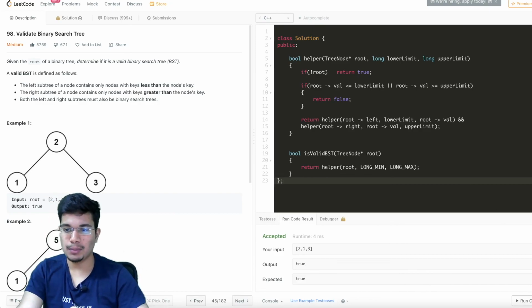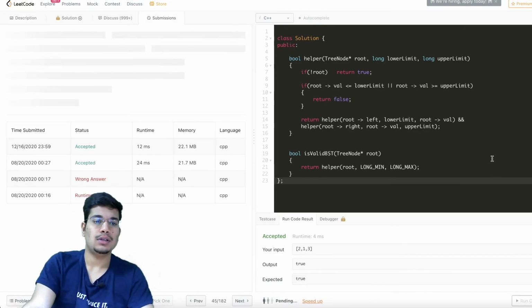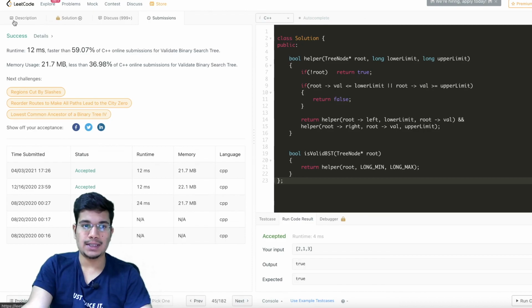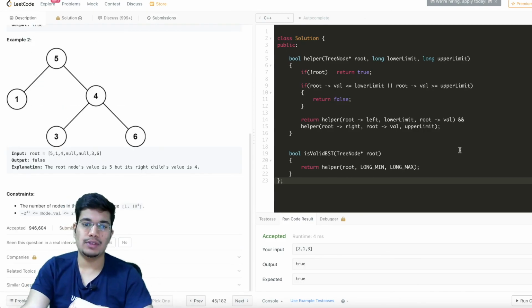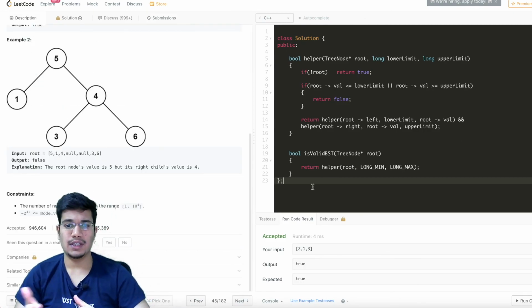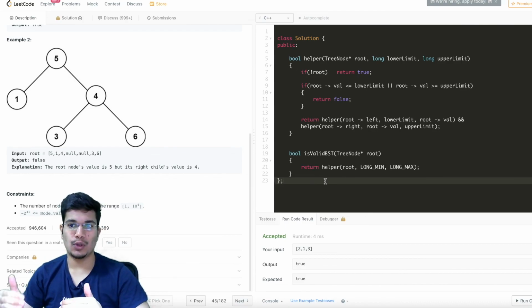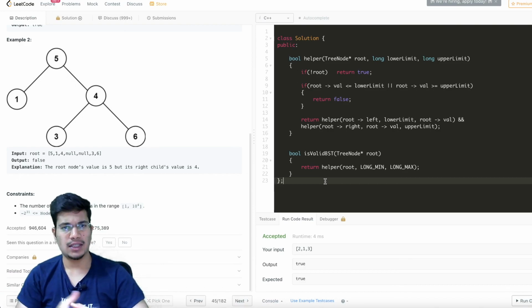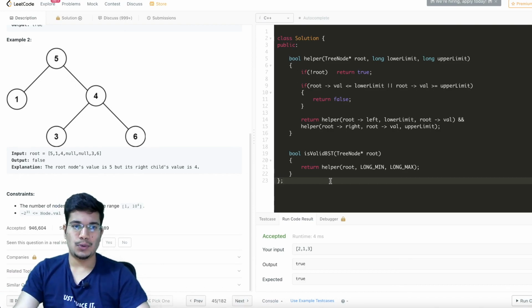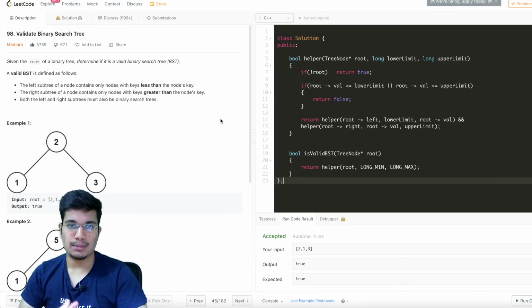So it's working for my sample test cases. If I submit this code, you can see that it's getting accepted, and this is the most optimized solution we can have for this particular question. And this is working in theta of n time and big O of n space, if you are considering the recursive call stack frames to occupy some space. Otherwise, this is constant in terms of space. So that's all for this question. And I hope you understood the explanation for this particular problem.